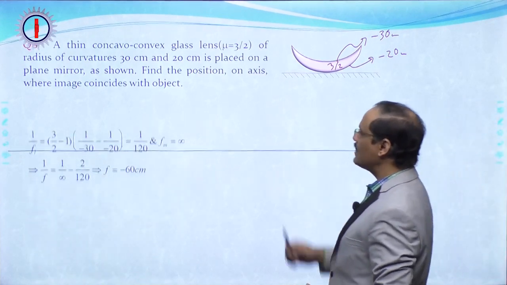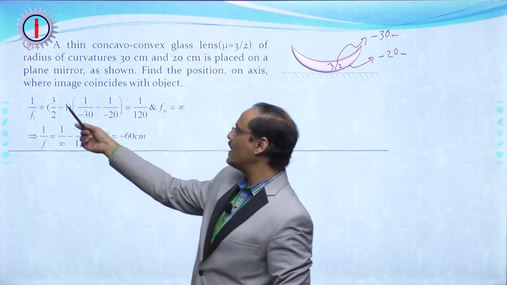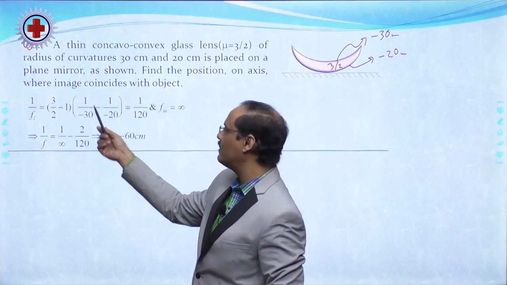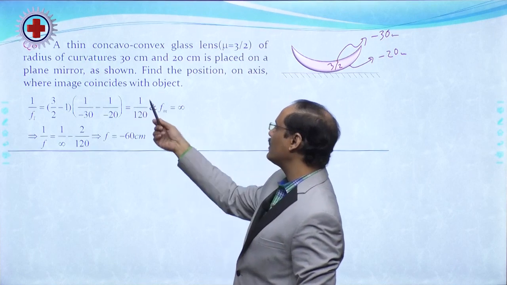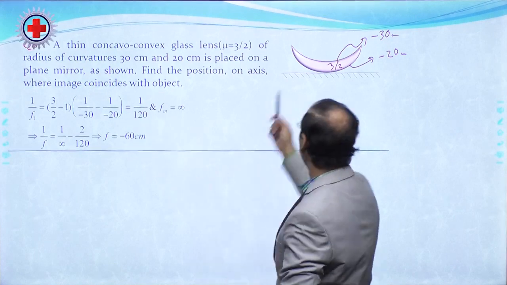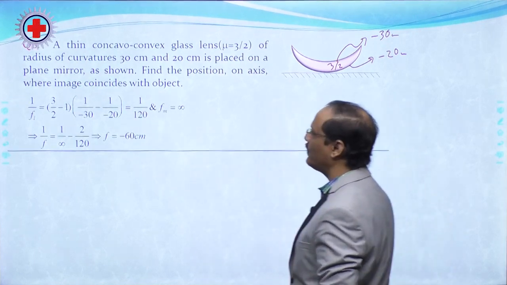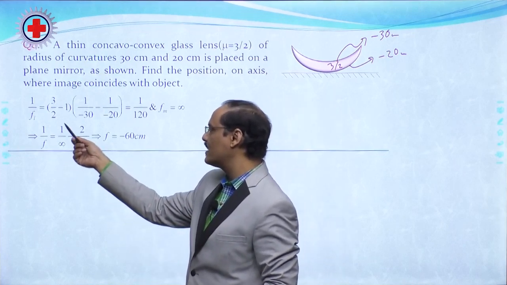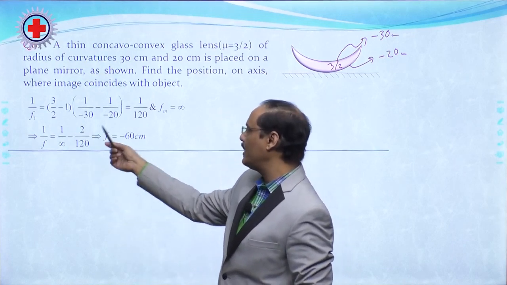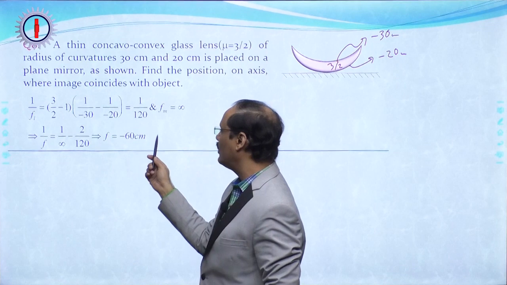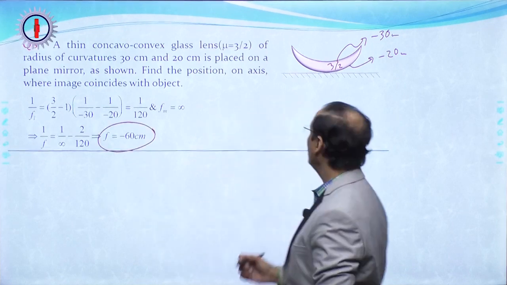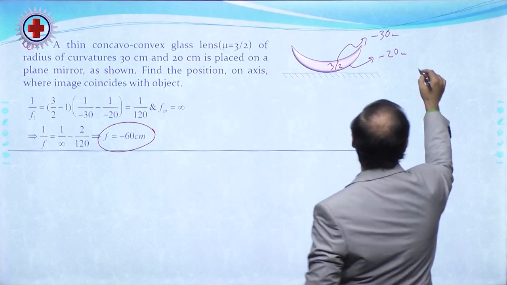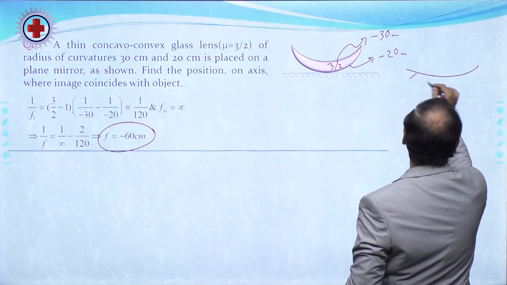So, for the lens, it is a glass lens, so 3 by 2 minus 1, 1 by minus 30 minus 1 by minus 20, the focal length of the lens comes out to be 120. The plane mirror has infinite focal length, so 1 by f is equal to 1 by fm minus 2 by fl. If I put the value, f comes out to be minus 60 centimeter. So, it behaves like a concave mirror